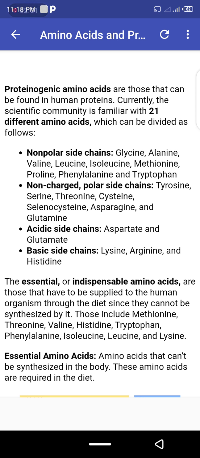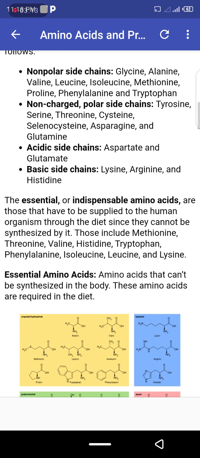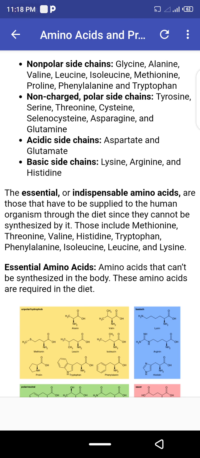Non-charged polar side chains are tyrosine, serine, threonine, cysteine, selenocysteine, asparagine, and glutamine. Acidic side chains are aspartate and glutamate. Basic side chains are lysine, arginine, and histidine. The essential or indispensable amino acids are those that have to be supplied to the human organism through the diet,